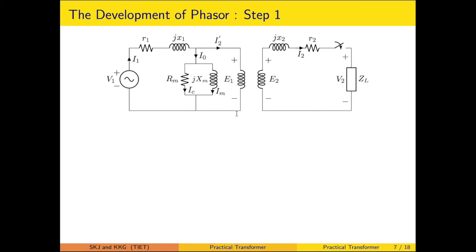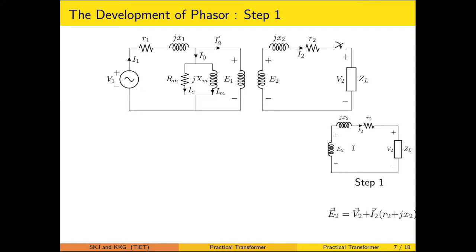Then the ideal transformer is modeled, so that will be step 2. Then the effect of this magnetizing current, or you can say the no load current, is accounted, so that will be the 3rd step. And lastly, we will be modeling the primary side or input side, that will be the 4th step. So step 1, here the load is connected likewise, it is carrying current I2. This is a load, this E2 will be the supply, and the equation of this E2 is equal to V2 plus I2 into (R2 plus jX2).